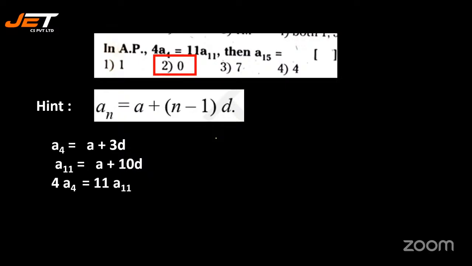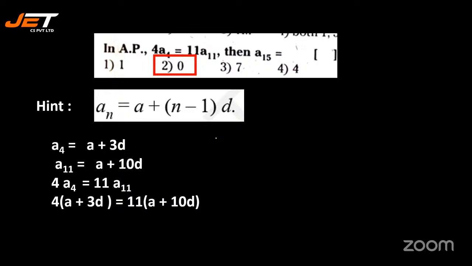See the next question. In AP, 4 A4 is 11 A11. Then what is A15? So you can use An is equal to A plus (n minus 1) into d. So A plus 14d. Right? Here A4 is A plus 3d, A11 is A plus 10d. So 4 into A4, which is A plus 3d, is equal to 11